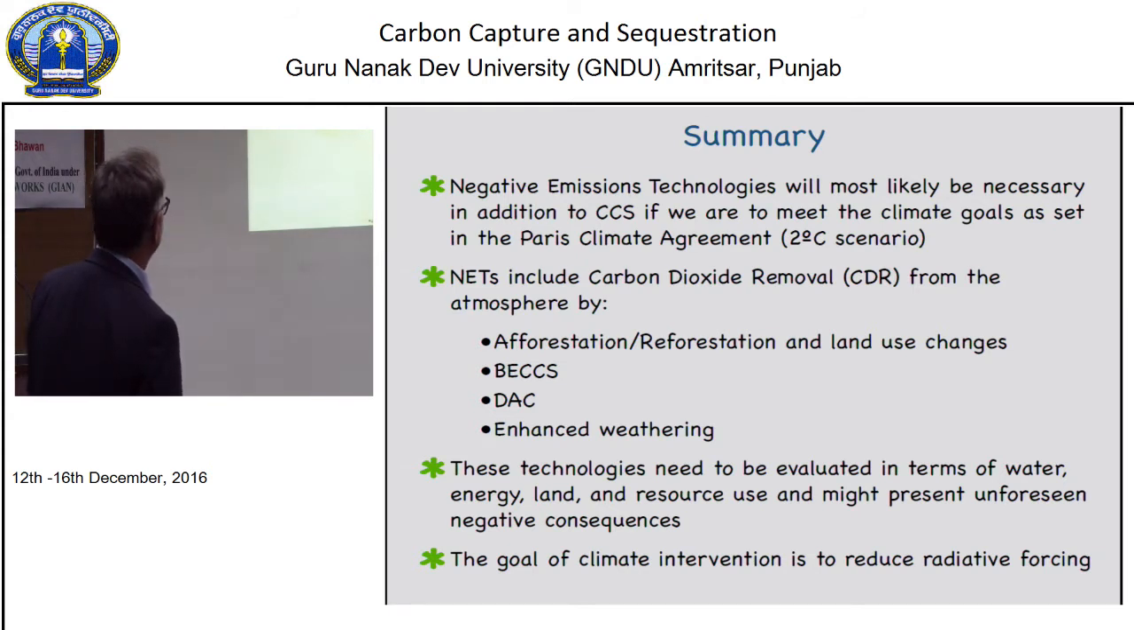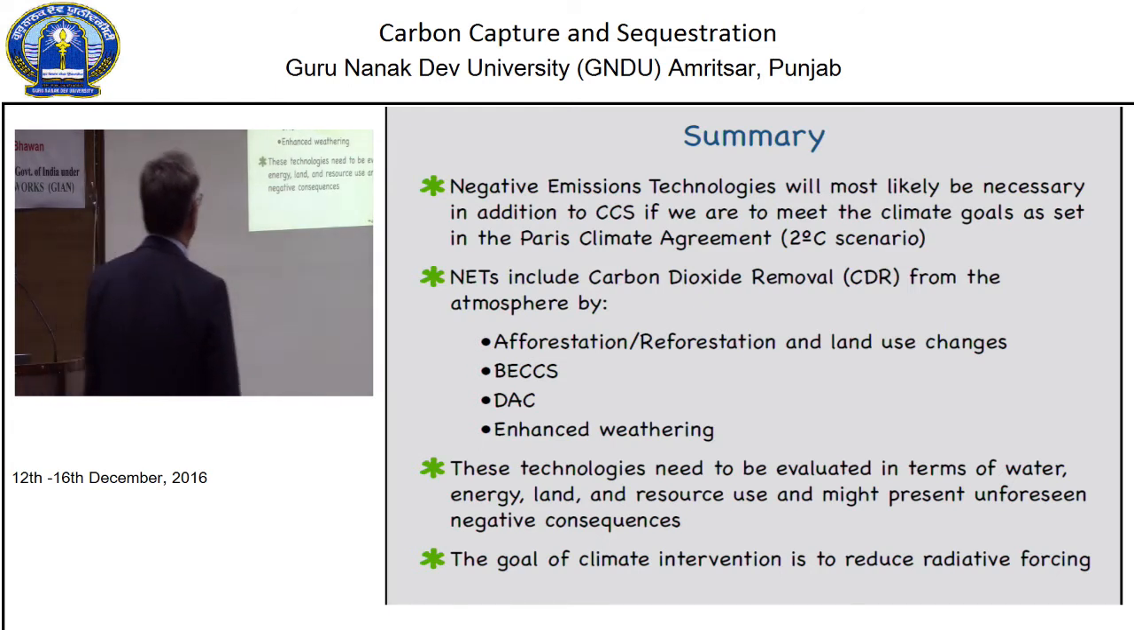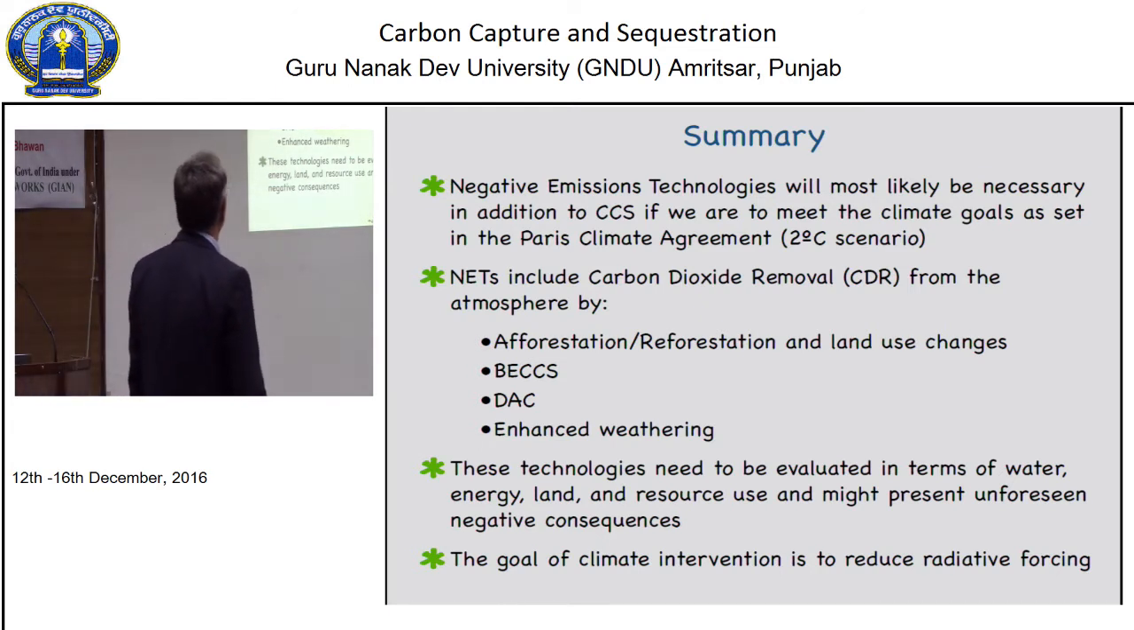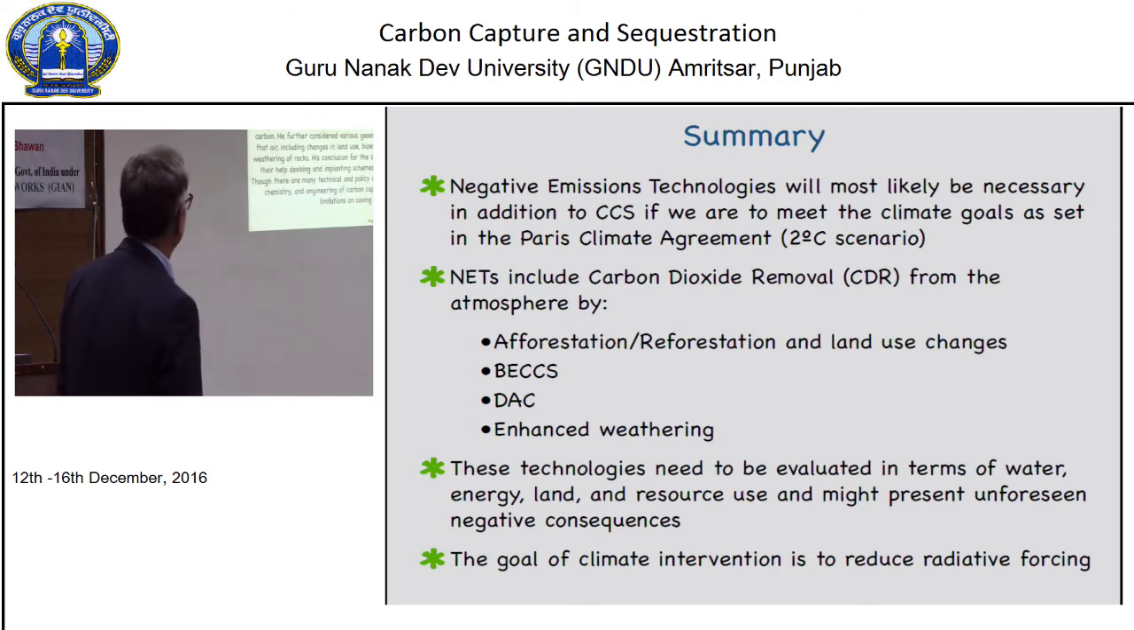Net carbon dioxide removal from the atmosphere involves land use changes. All of these technologies need to be evaluated in terms of their costs, in terms of water, energy, land, and there might be unforeseen negative consequences. And the real goal of climate intervention, after all, is to reduce radiative forcing. That is, reduce the greenhouse effect for the planet Earth. So